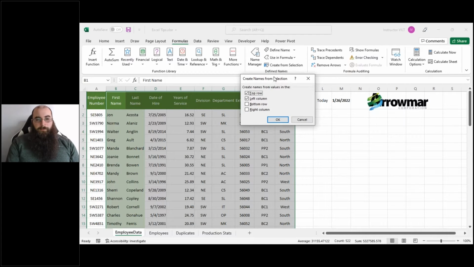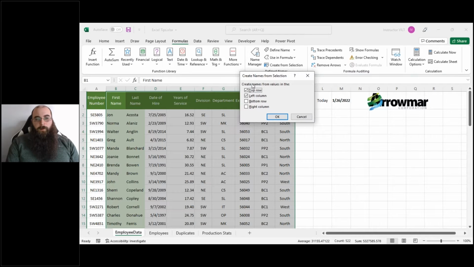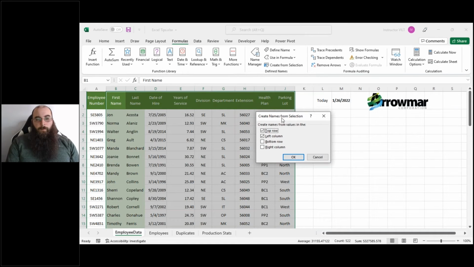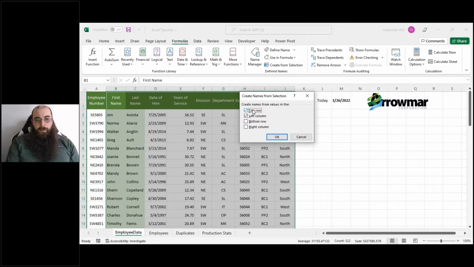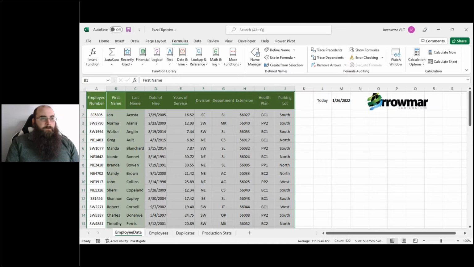Create from selection. That will bring up a window saying create names from values in the what? Top row, left column, bottom row, right column. Well, I do have names for these ranges in my top row. All of those category headers I have selected. So I will leave a check mark next to top row, but I'm going to uncheck left column here. That would actually make a named range for each employee first name, which is my currently selected left column. I don't want that. So check mark next to top row, click on OK, and you'll notice this time I